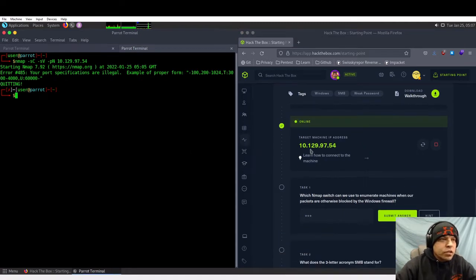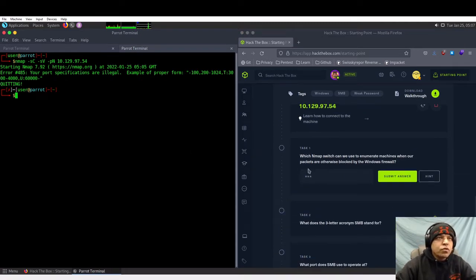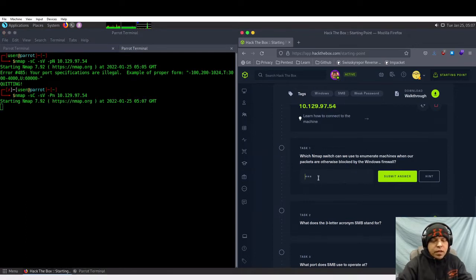So the first question: which Nmap switch can we use to enumerate machines when our packets are otherwise blocked by the Windows firewall? So let's go ahead and get our Nmap scan going. Tag as, if I could type,